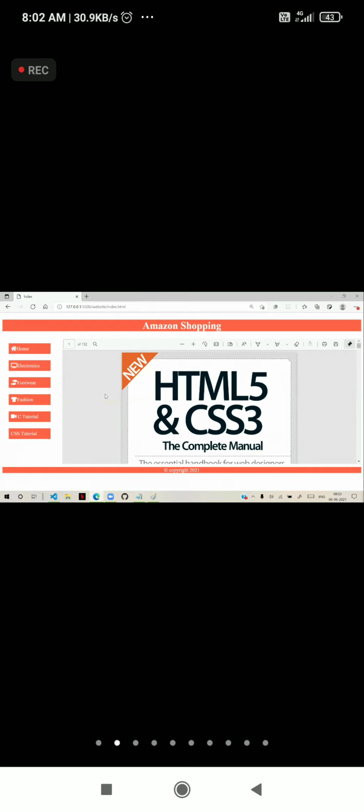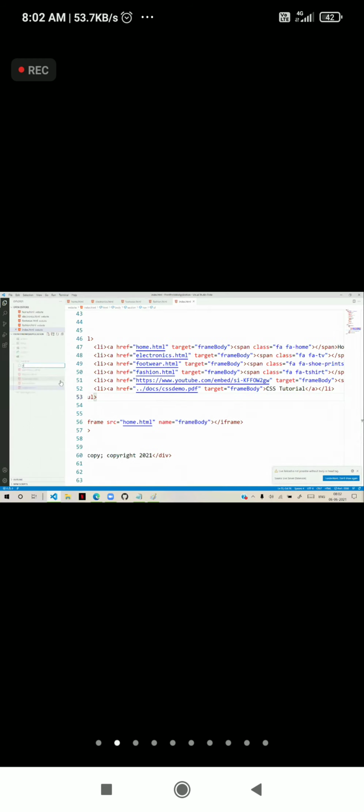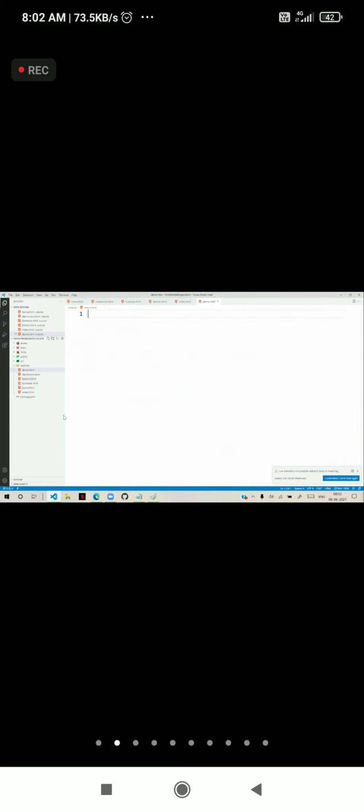So here 3 techniques are there. You can open the link target in a separate tab. You can open the link target in a separate window, or you can open in the same window without disturbing the existing content. That is through iframe. A page can have several iframes. For example, I am creating a demo.html page. And you see in this page, I am adding doctype HTML, head, title iframes. And in the body section, I'm using an iframe.